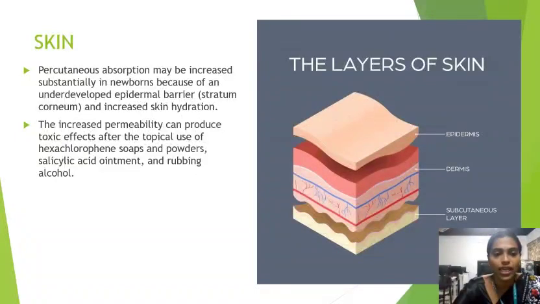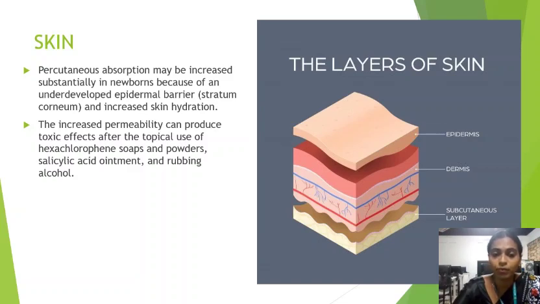After the topical use of hexachlorophene soaps and powders, salicylic acid ointment, and rubbing alcohol. We already said the permeability of the drug is higher because of the underdeveloped stratum corneum. One more thing is very harmful for such patients with underdeveloped stratum corneum, because while we rub alcohol on the patient or use any hexachlorophene soaps, anything like that, it will affect the patient's quality of life, because the permeability is higher in such